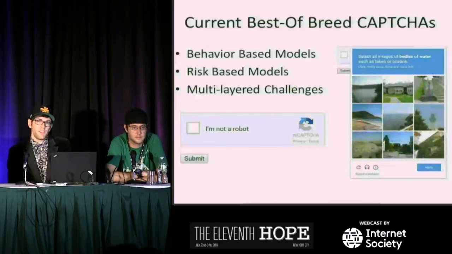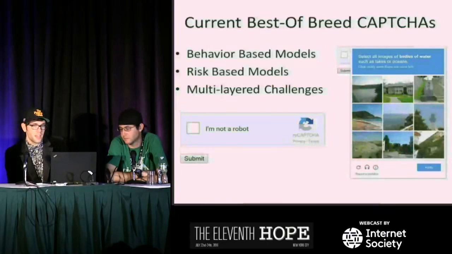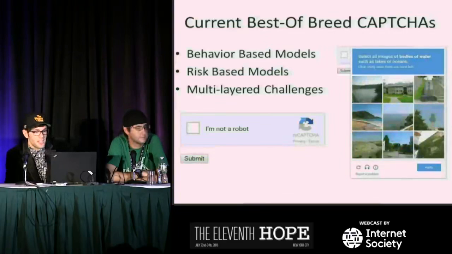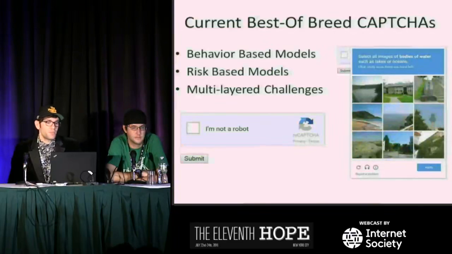Now, they still offer the old text-based model as something called a legacy CAPTCHA because there is some difficulty in solving these image-based ones. People have difficulty. Sometimes the images are too blurry. They crop them, whatever it may be. Multi-layer challenges ask you to perform a task a number of times and update each time you perform a task.